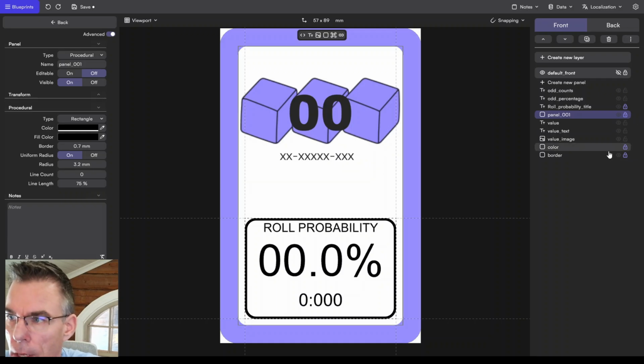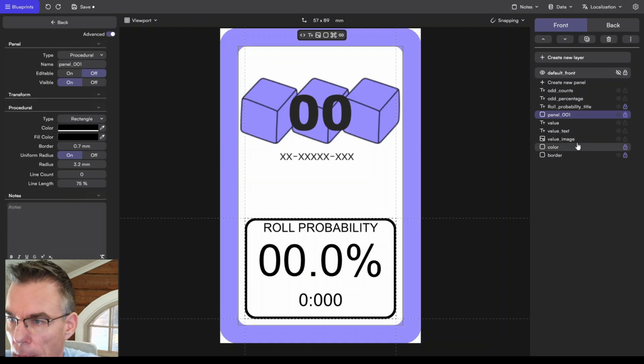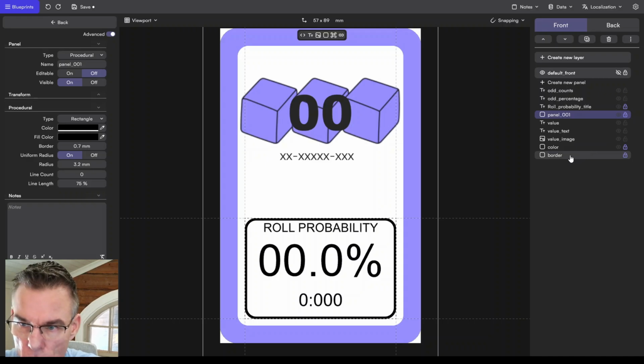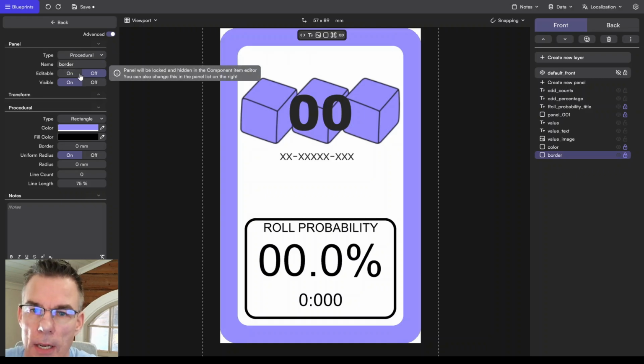Also here, you should disable editability of the information you don't want to edit in the spreadsheet version. So border, for example, I have advanced options here. It's marked as editability off.